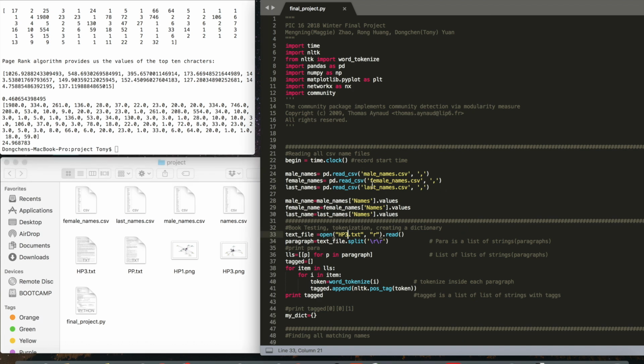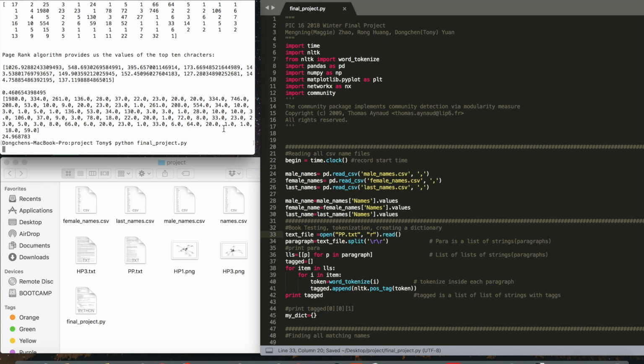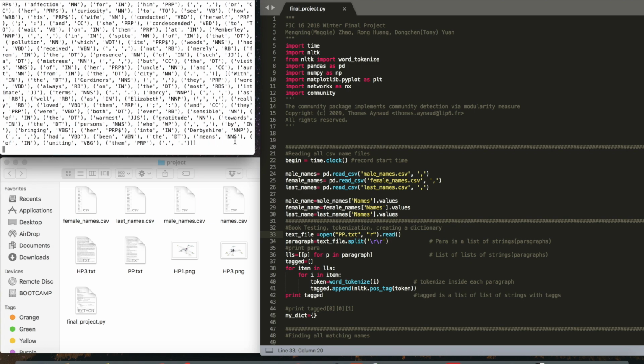And let's try our last book, Pride and Prejudice. Let's run it. In our last book, we encounter a minor problem. It's because in this book, the main character,